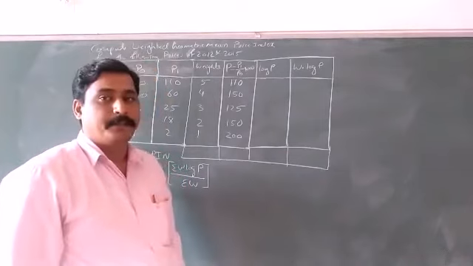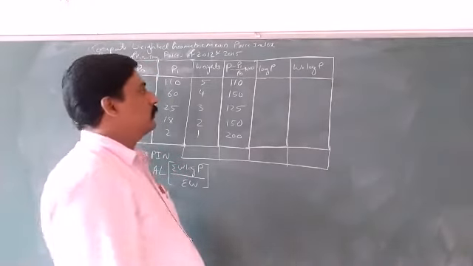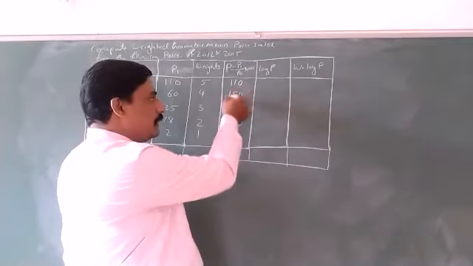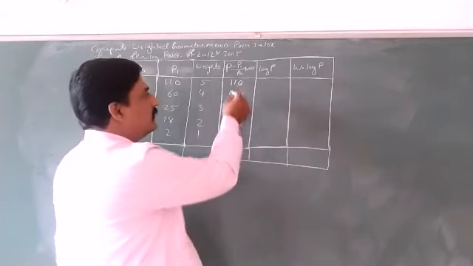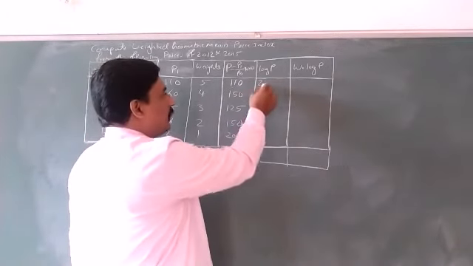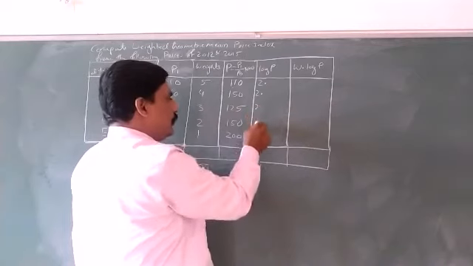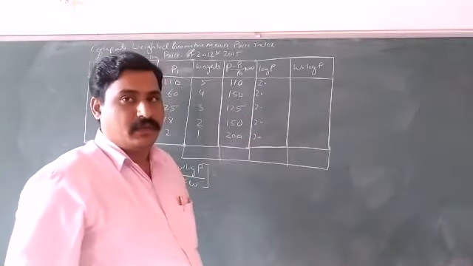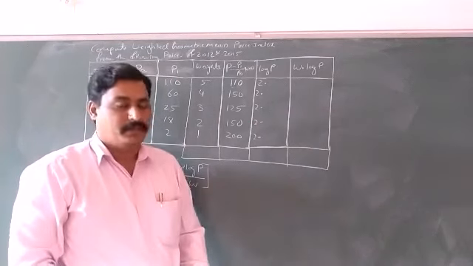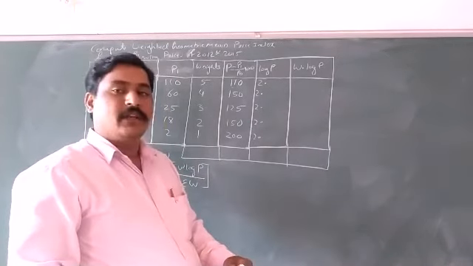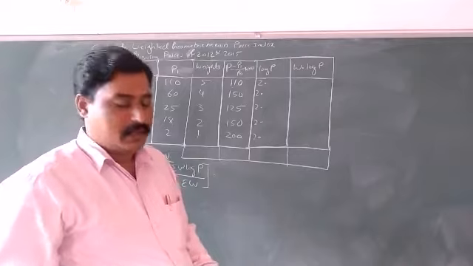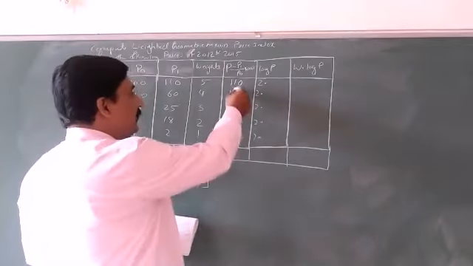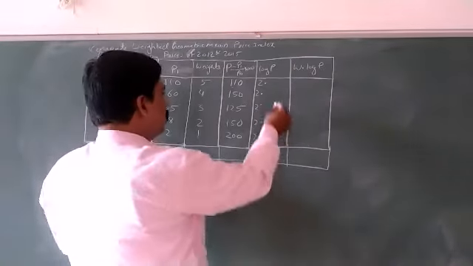So first we have to write the base. So base based on the number of digits here. So 3-digit number is there, so 2. And the next Mantissa we find in the log table. So if you have a scientific calculator, we can find them directly. So here for 110, log value is